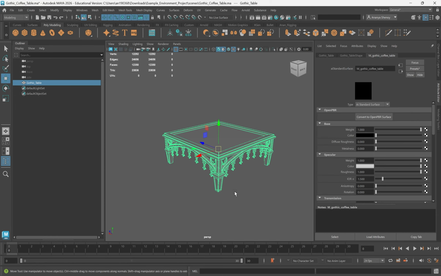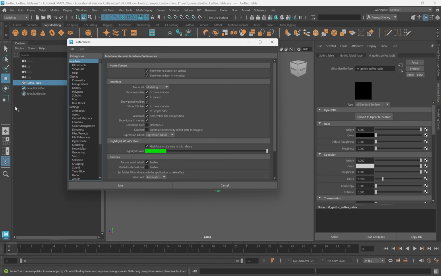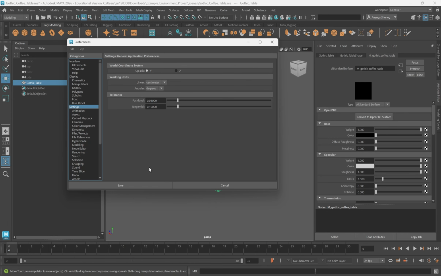And another thing to check, which should already be the case if you haven't changed your Maya defaults, is your scene units. So if you go to Windows, Settings and Preferences, and then go to Settings, you'll be able to check that your scene units are set to centimeters. This is important because Unreal uses centimeters, and if this is set to something else, you might get unexpected scaling